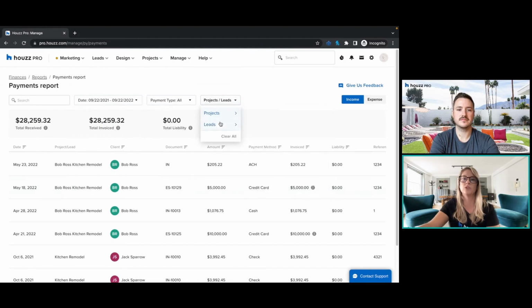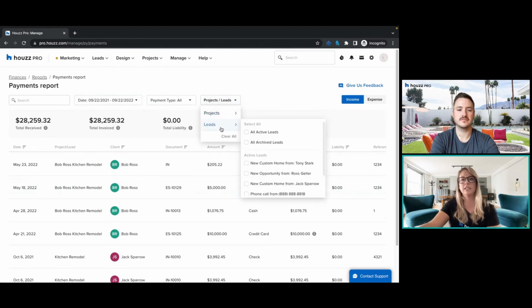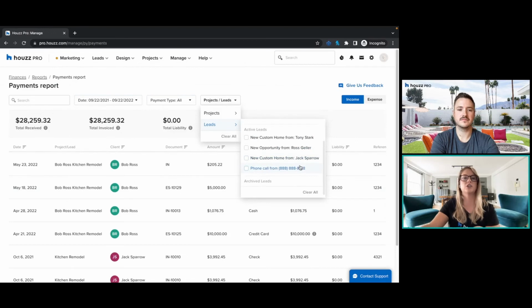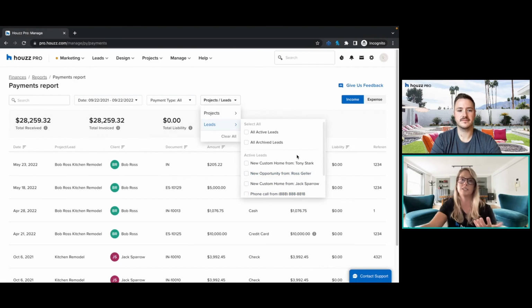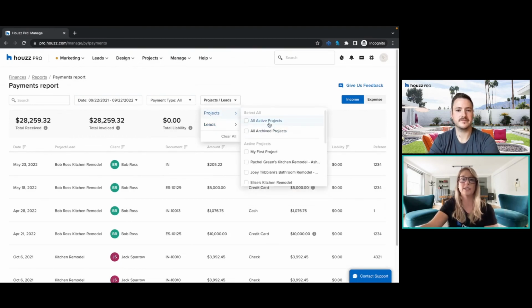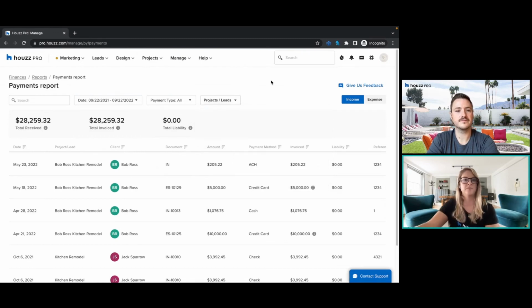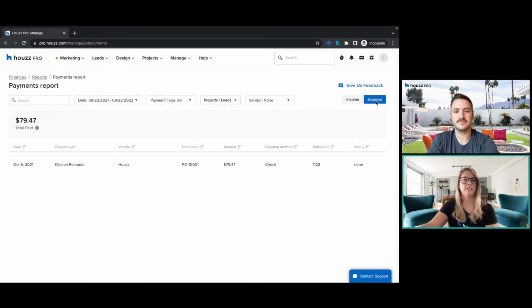And you can also do it by project or by lead. It's interesting to do it by lead because that's technically still a project you're going after to confirm and finalize, but you may have sent them an estimate that they paid and you're kind of starting that process. So you have both. And you can also look at active projects or archive projects. So an archive project would be something that you've already completed. So you archive it, you're done with it. But if you needed to pull reports for, again, tax reasons or other reasons, you can still do that by selecting archive projects. And you can also look by income and expenses, which I only have one expense so far